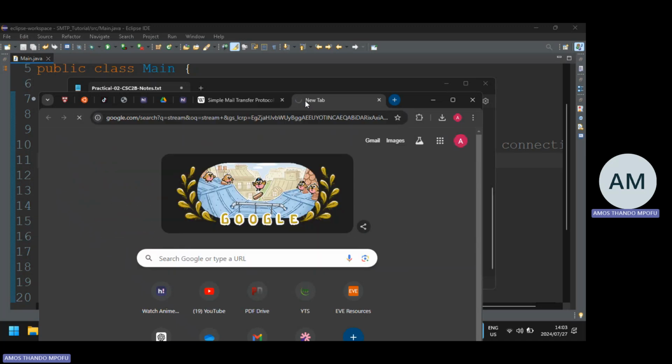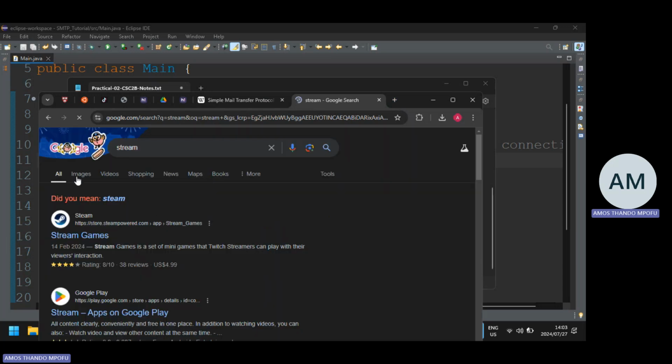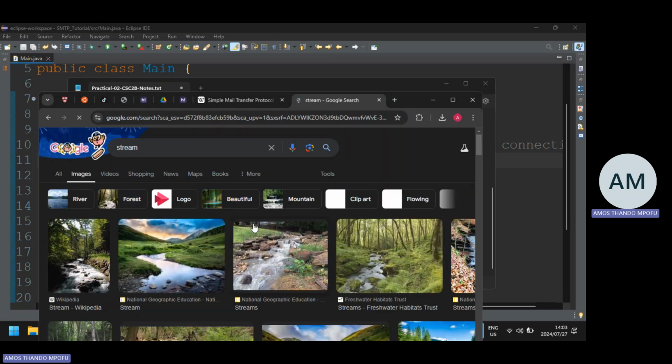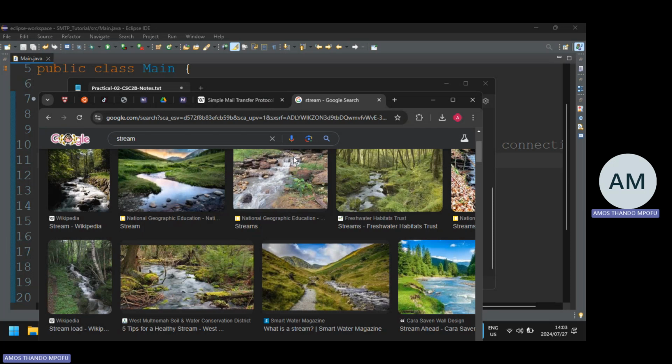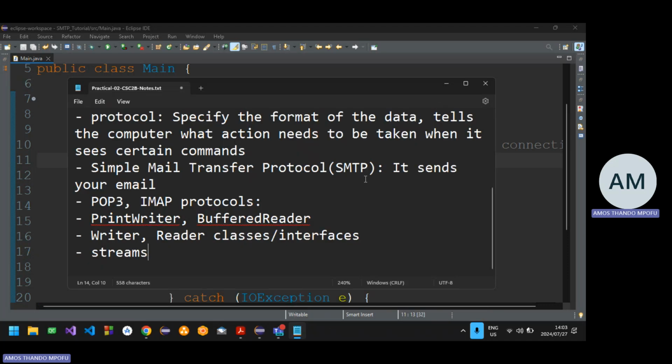Let me see if I can find images. You see it's like a line, like a path or a road. You can view that path or tunnel however you want, and it allows us to